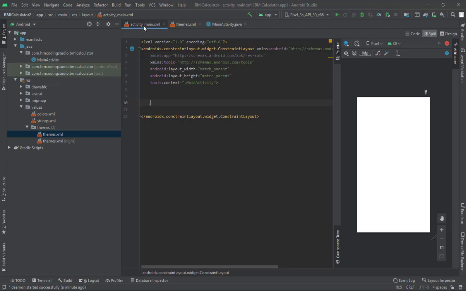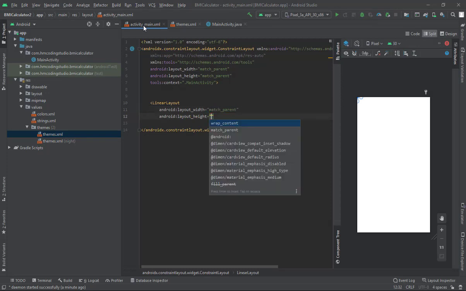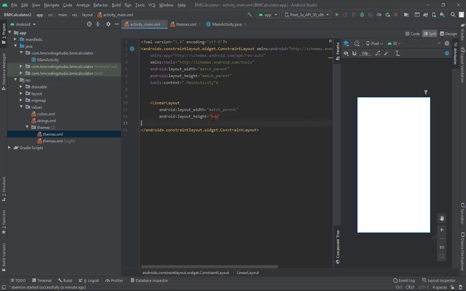The first thing we need to do is to create a linear layout, match parent, and also for the height, for now we will say that the height will be 0dp, and we're going to change the height of the linear layout based on the percentage of screen. As you can see, we have some errors. And the reason is that we have created our linear layout, but we haven't constrained that linear layout to our main activity. For that, what we need to do is to constrain or position our linear layout inside our main